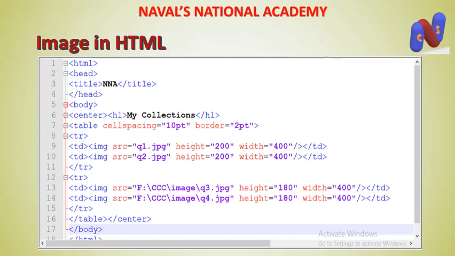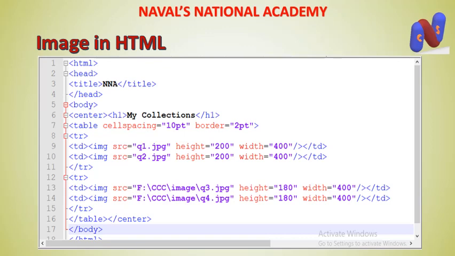In the img tag I have used the src attribute which keeps the name of the particular file, and I have used height and width attributes with their particular values. Okay, so in the first TD I have taken the first picture, in the second TD I have taken the second picture, then I have closed the TR tag. Now again I have fixed a new row in the table, and in the very first cell, now you have to focus on this.